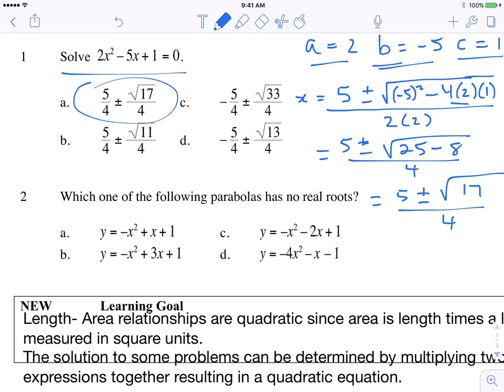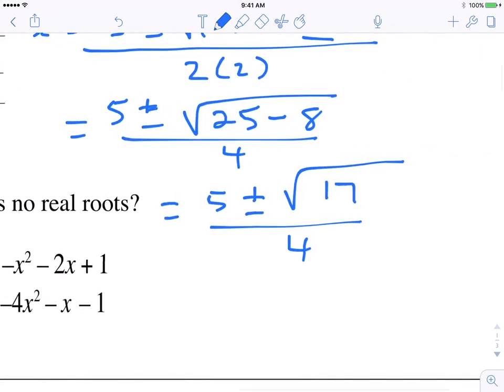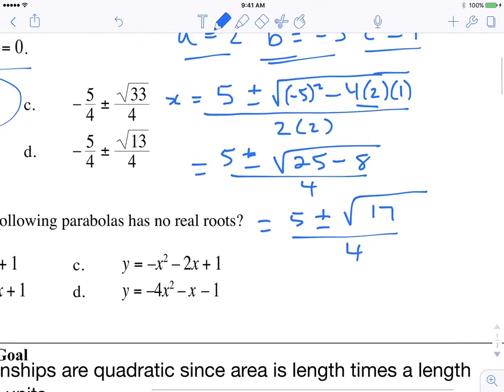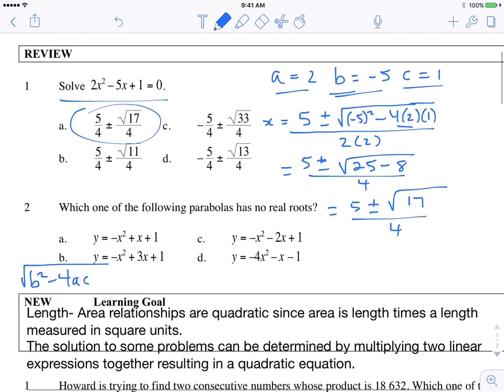This question here asks us, which one of the following parabolas has no real roots? So in order to figure out whether or not there are no real roots, one thing we looked at last day is if you have b squared minus 4ac, and if you end up with a negative, or for example, if you look at this equation that we just completed, if this were a -17, then we know that the square root of a negative number is not real